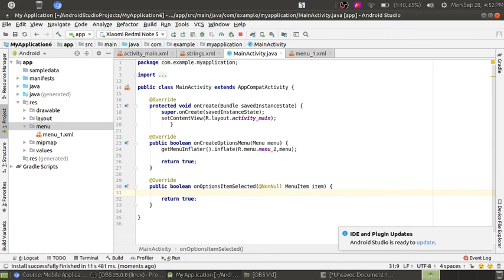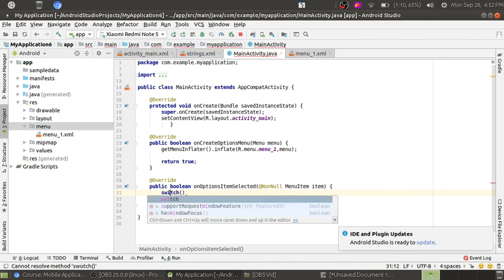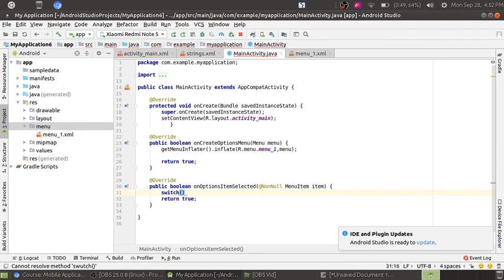Pass the switch function so that it will fetch the item, the ID of the items, as when I designed the layout, I gave the items their unique IDs.